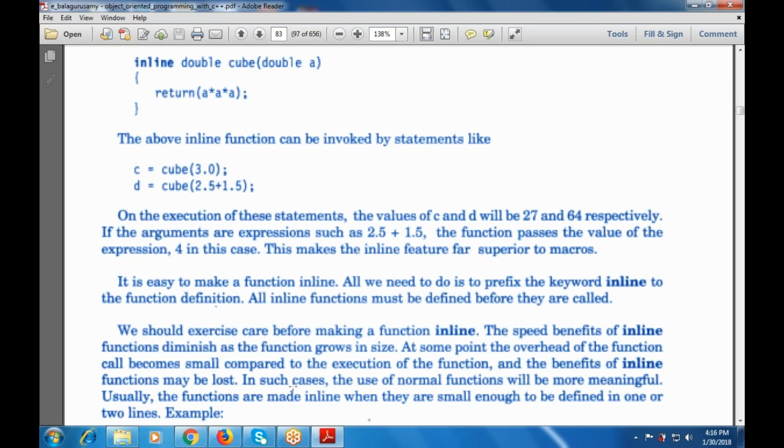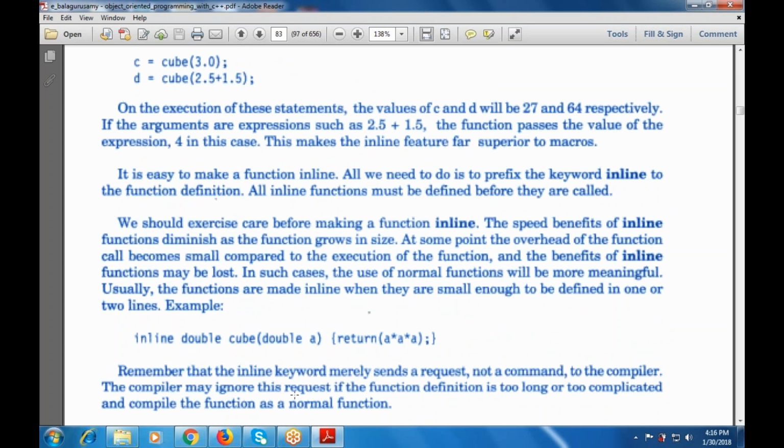In such cases, the use of normal functions is more meaningful. Usually functions are made inline when they are short enough to be defined in one or two lines. The example is: inline double cube(double a) { return a * a * a; }